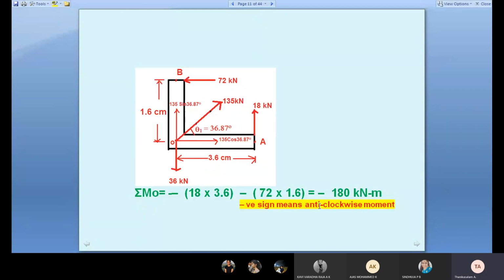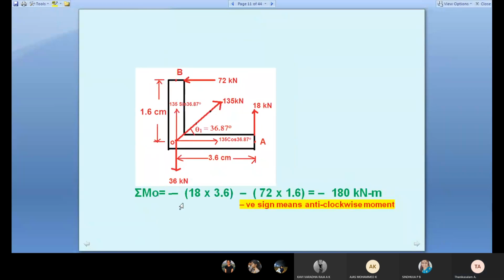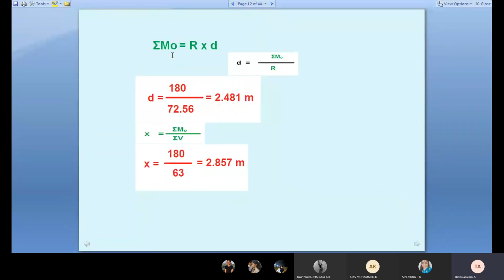Similarly, for force, suppose I say force minus 10. Minus 10 means it goes in the negative x direction. Suppose F is plus 10, it goes in the positive x-axis or positive y-axis. So we calculate the net moment. Why do we calculate net moment? It is a rigid body, so you have to calculate the resultant. Then we take moment with respect to the reference point. We calculate M naught. Then we know M equal to R into D, that is, the individual forces' moment equals the resultant force moment.